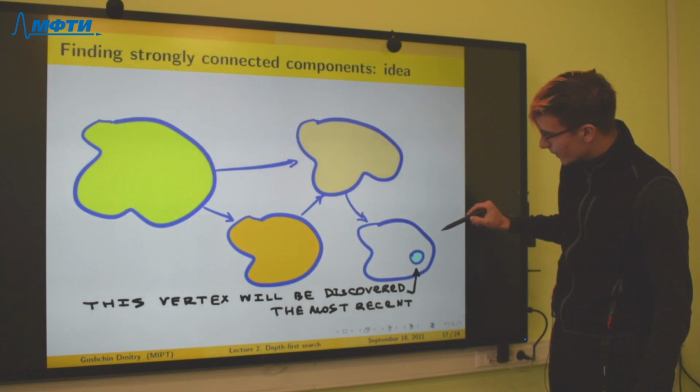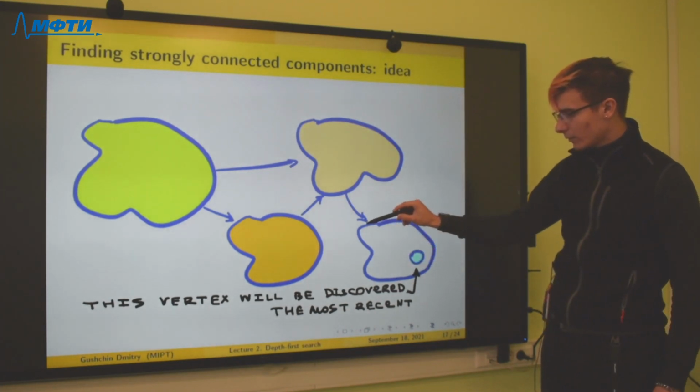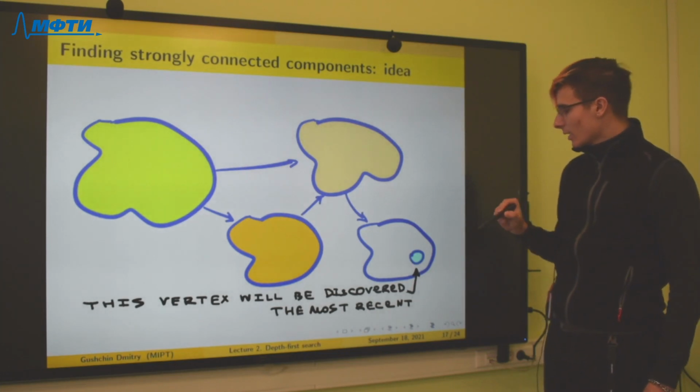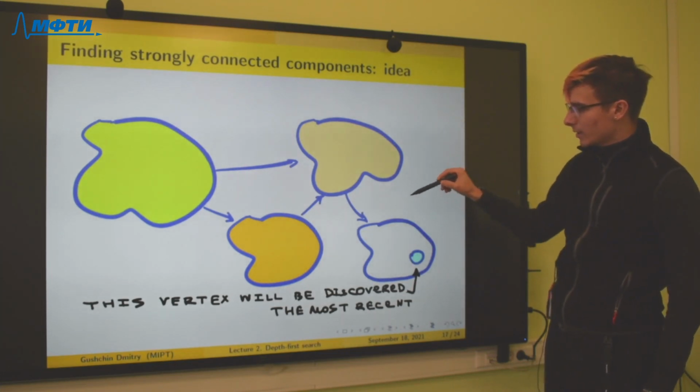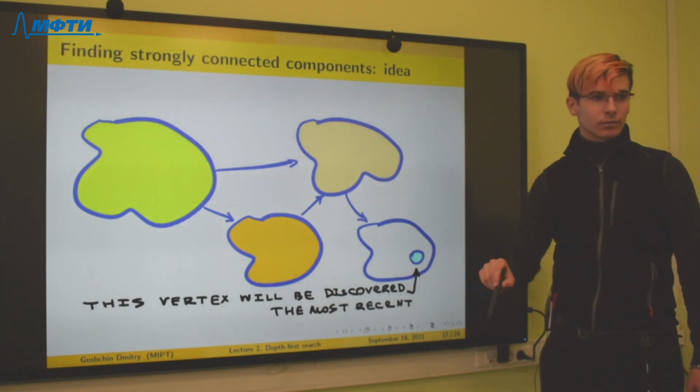This vertex belongs to a component that has no edges from it to other components.